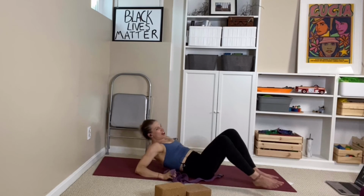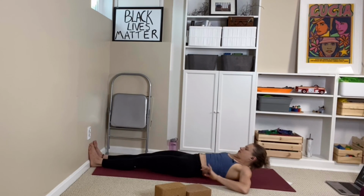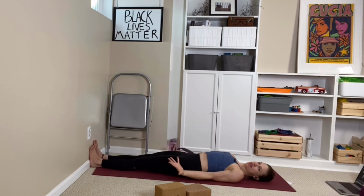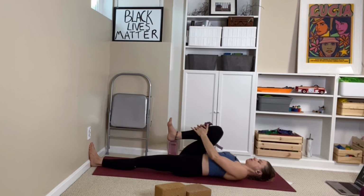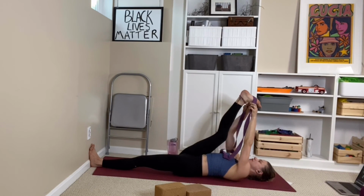So if you have a wall, I just love using a wall here. You could just place the soles of the feet up against it, and if not, don't worry about it. Kind of like you're in Tadasana, the mountain pose, right? And then hug your right knee in and bring the strap around the ball of your right foot for some hamstring